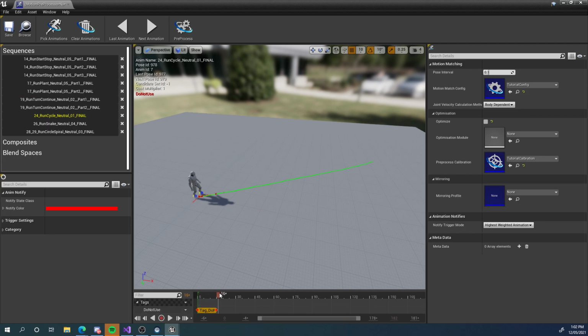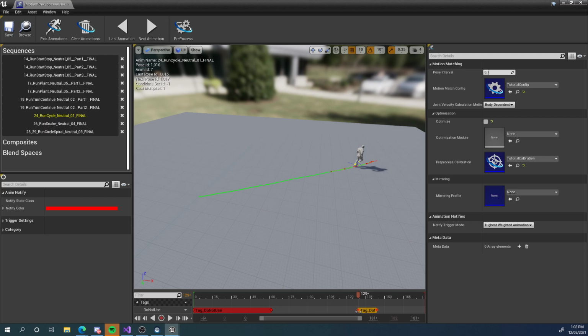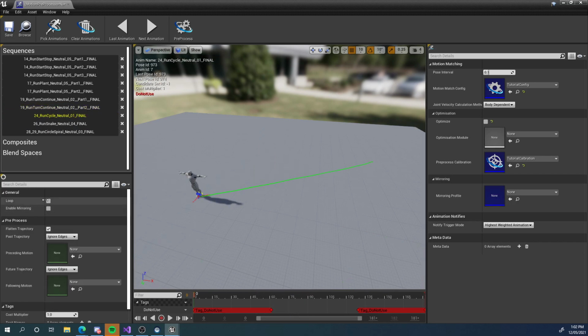So I'll tag the beginning. So the start, okay, that's where I want the cycles to start. And I'll tag the part where he stops. So from about there. Now what I would usually do is I would make an actual loop. However, I just haven't done that here. I recommend you do, and when you pick the animation, just check this loop value here, and that will work nicely. But in this case, I haven't done that, and I'm going to add one more track,